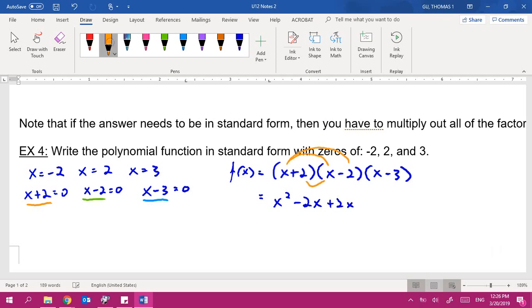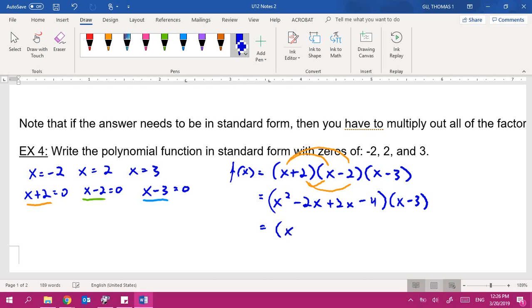Then we have the positive 2 times negative 2. Right, there we go. So we're going to put that in parentheses. And what can we not forget after this, though? Do not forget what's left. The other one, x minus 3. But yeah, you're right. Then we're going to simplify by combining our like terms, which would make this